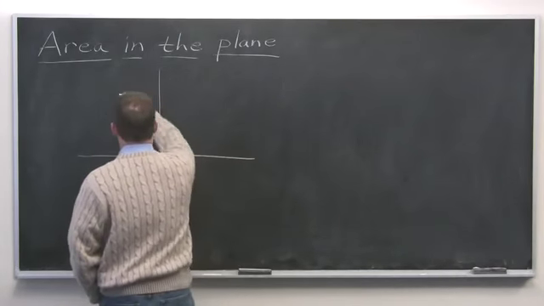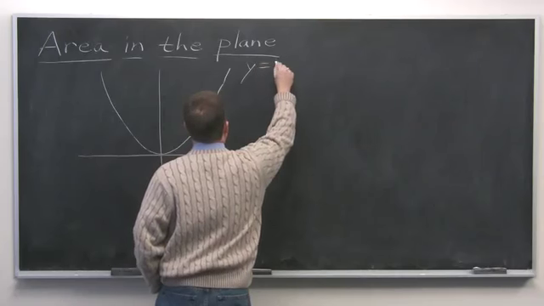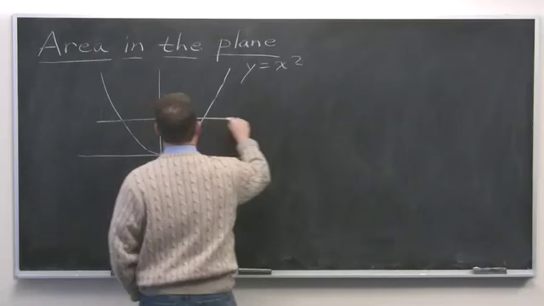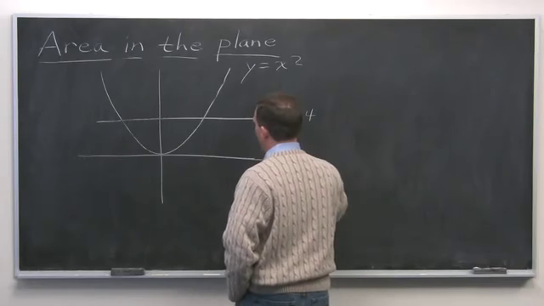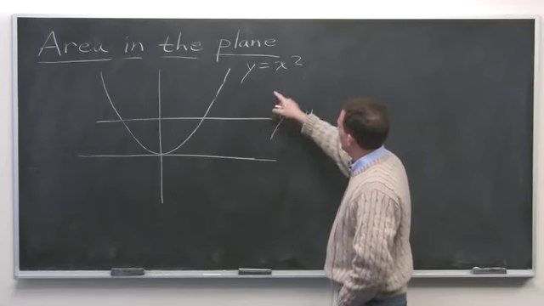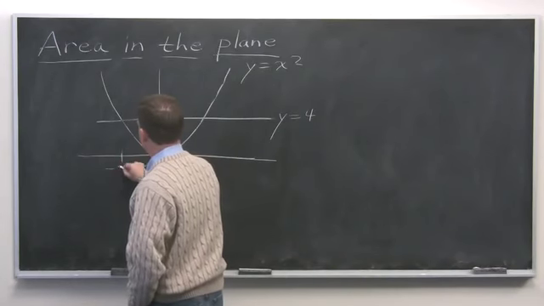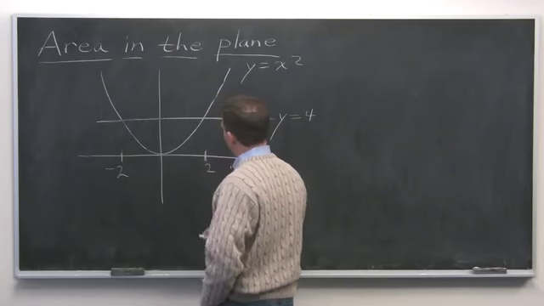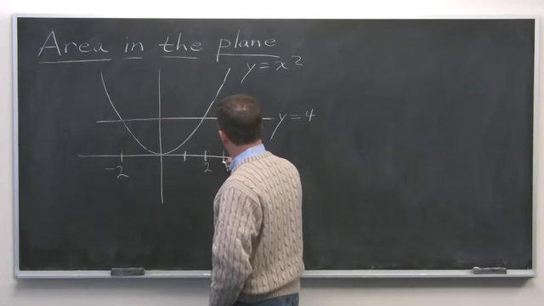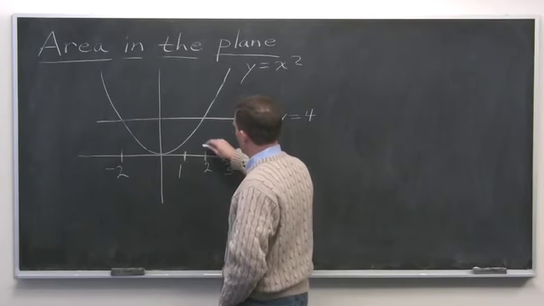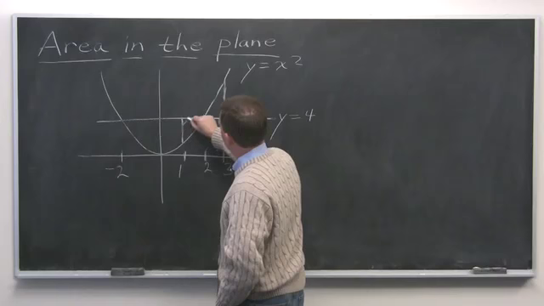Let's take a parabola, and I'll just assume this is y equals x squared, and take the line y equals 4, and let's find the area. Those would intersect where 4 is x squared, so x would be plus or minus 2. So this would be minus 2, this would be plus 2. And then let's look for the area trapped between those curves for x between 1 and 3. So here's 1, here's 3. So we would like to find this area,